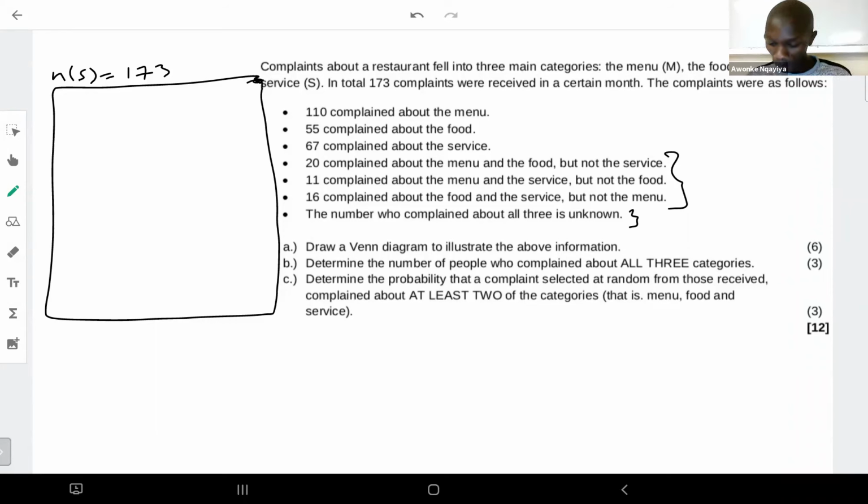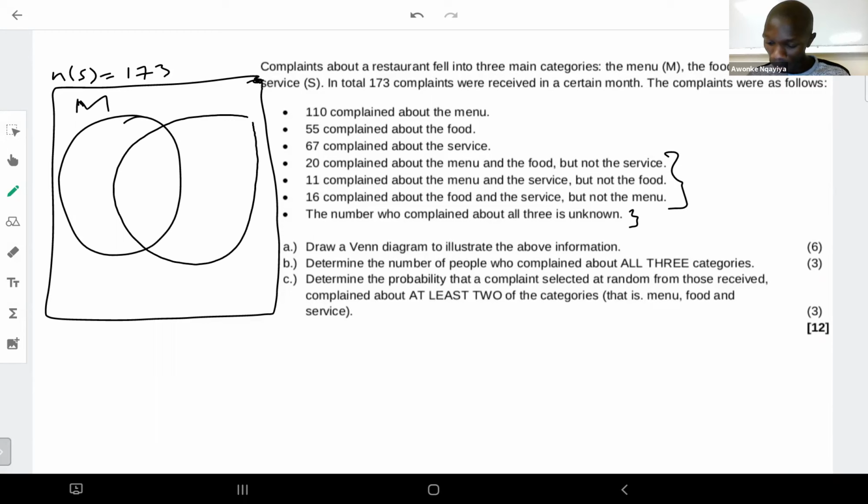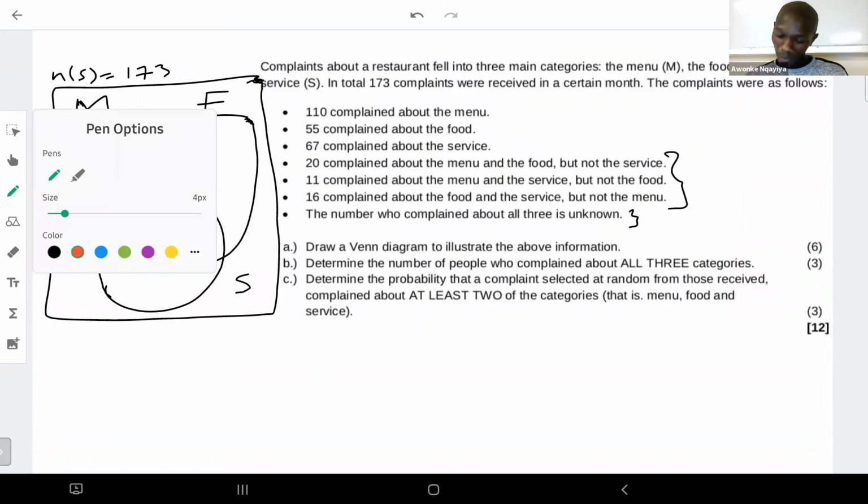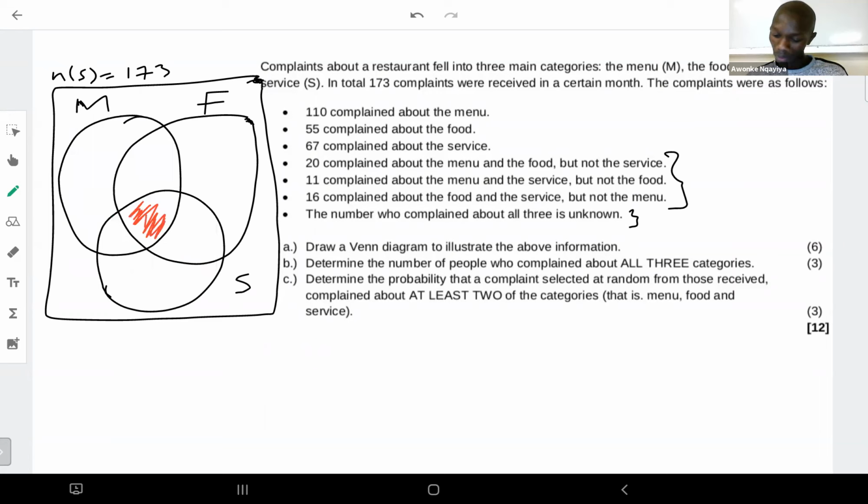So let us draw the first circle, which is for menu. Another circle, which is for, let's say, food. Hopefully, we are not getting hungry on that side once we talk about food and menu. Another third circle, it has to be about service. So there is an intersection over there of which we do not know what it is at the moment. We do not know the number of complaints that fall into that